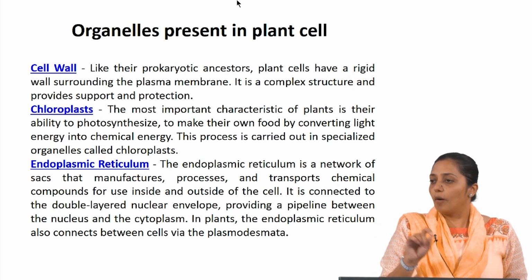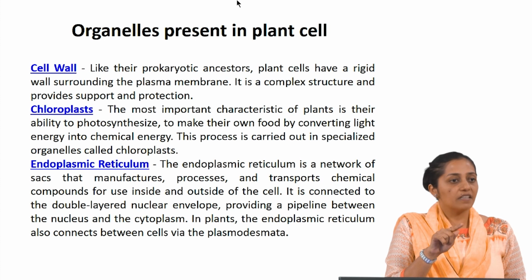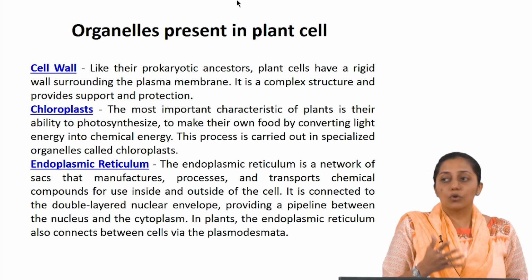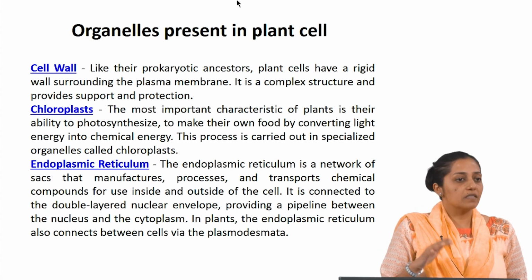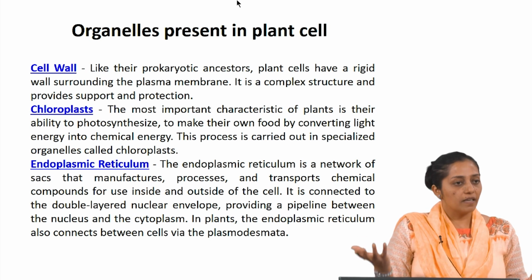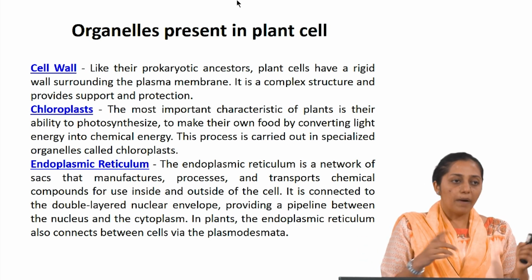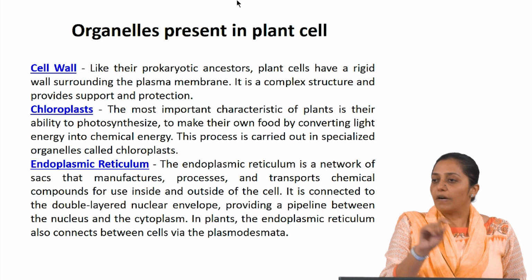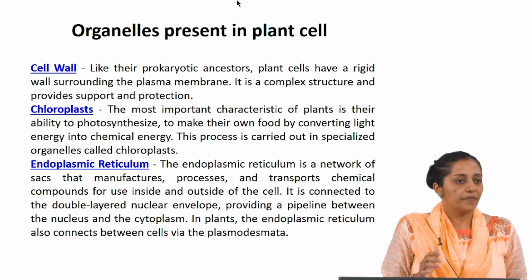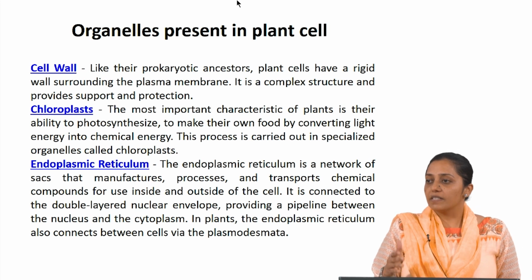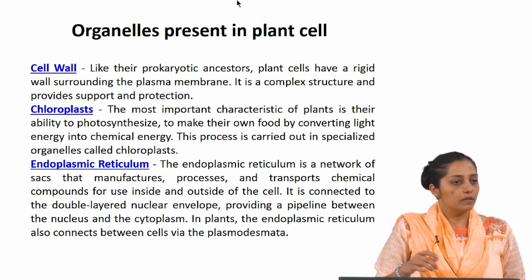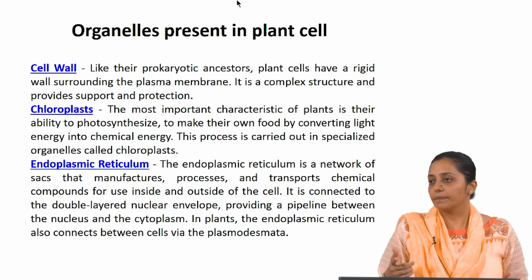Cell wall is a layer surrounding the cytoplasm or protoplasm. Now protoplasm is composed of cytoplasm and the nucleus. So everything of the cell apart from the cell wall. So the function of the cell wall is to protect the plant cell. Now depending on the various stages of the plant development, the cell wall composition modifies.